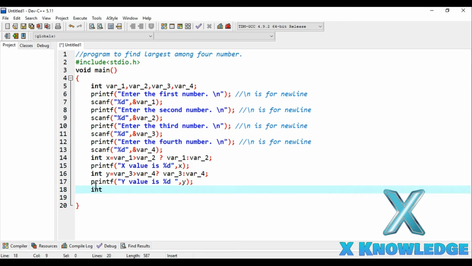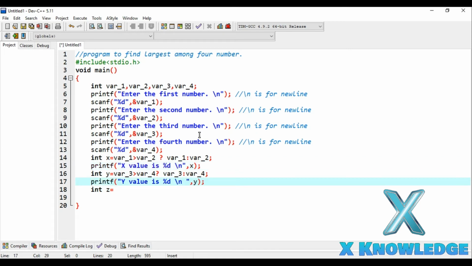So let's do this. So I will store the largest among these two, that is x and y, in variable z. All right, let me use slash n out here such that this will improve the readability of the program. What this will do is, basically the idea for slash n is clear, that is slash n is for new line. All right, now the same way we will write the expression for x and y variables also.